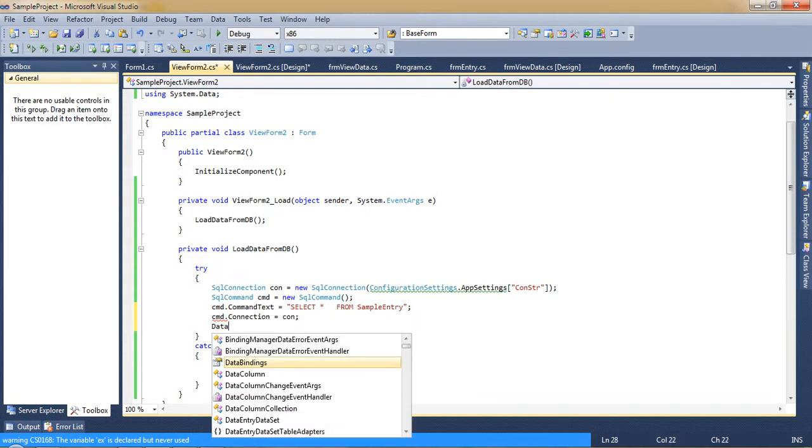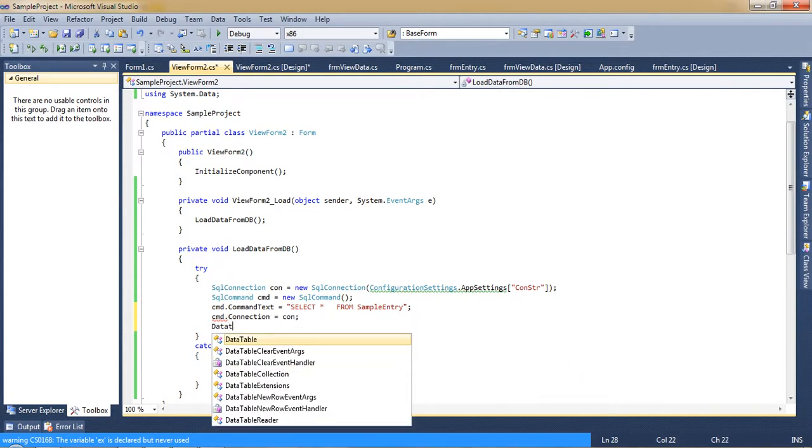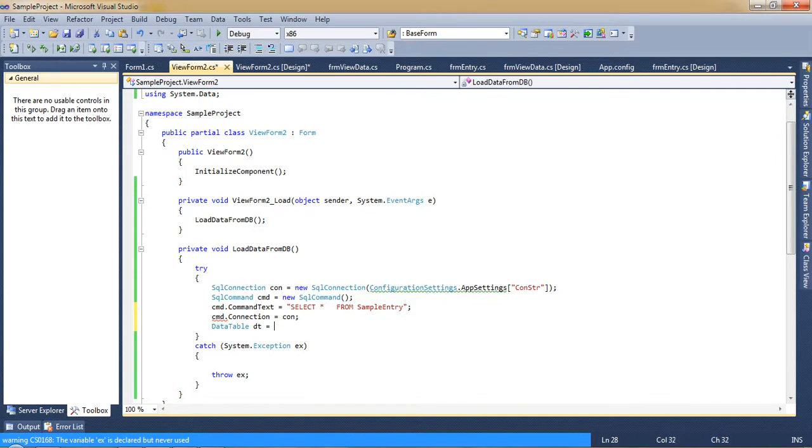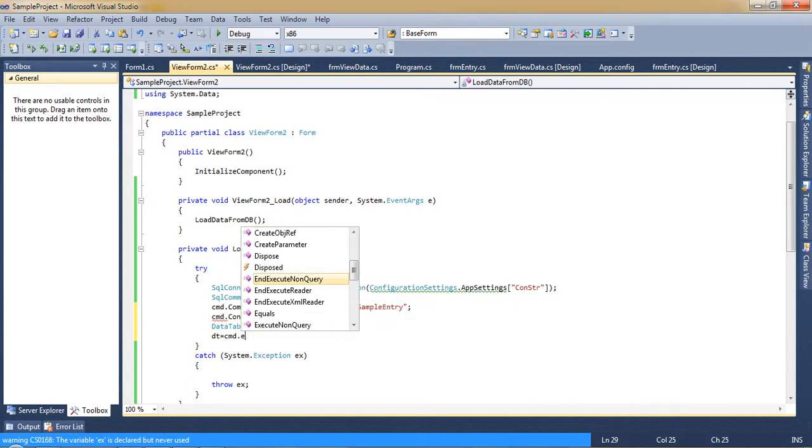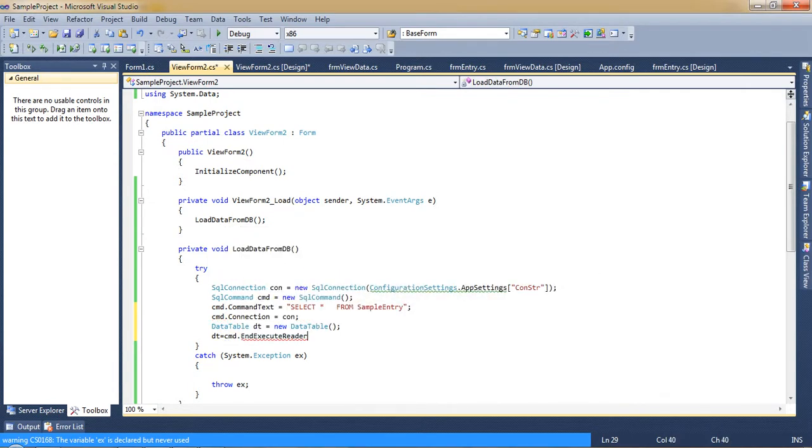Now we'll create a data table, dt equal to new data table, to store the record.